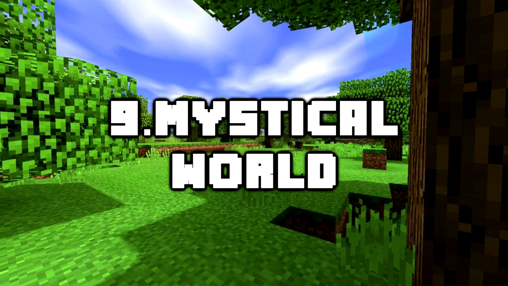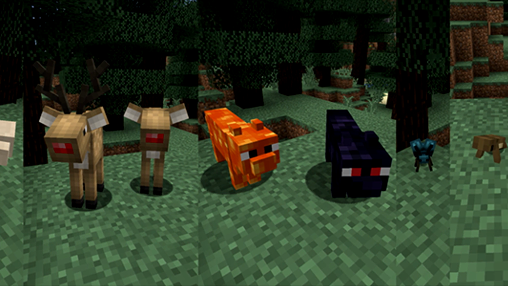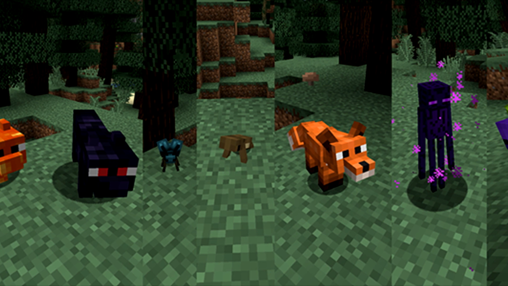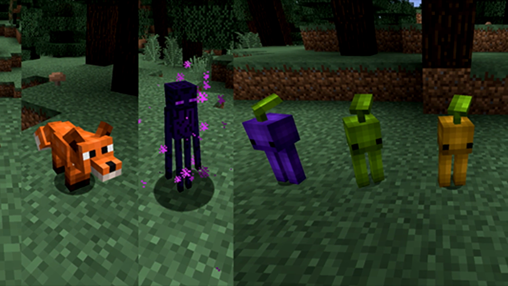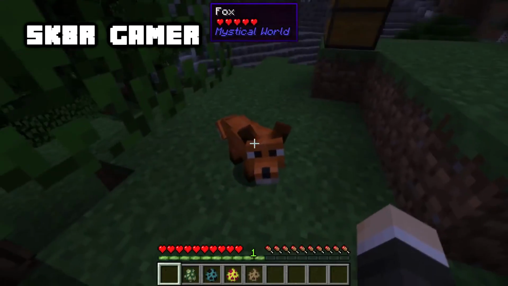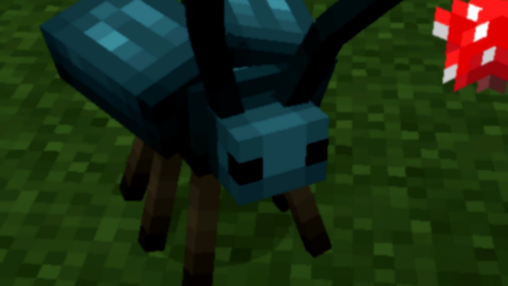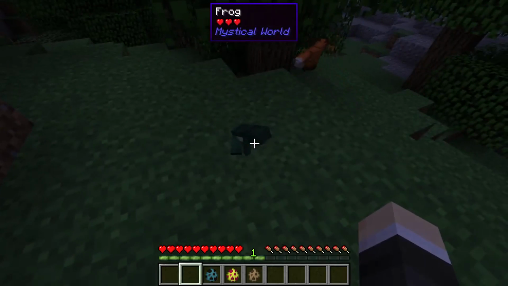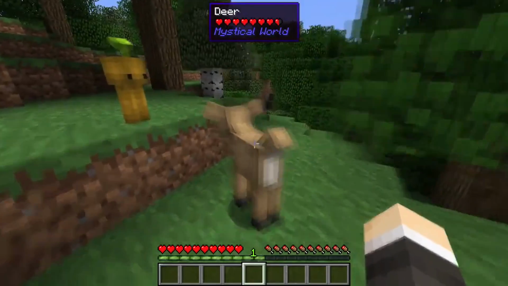Number 9, Mystical World. Designed as not only a custom creature mod but more of a general enhancement project for the game, the Mystical World mod is a pretty strong contender in terms of adding new creatures and life to your game too. It adds a collection of brand new creatures, which are the fox that spawns in forests, plains and wintry areas, beetles that you can find in swamps, jungles and forests that drop slime, frogs that appear in swamps and jungles and also drop slime, and also deer which spawn everywhere and can be used for food or